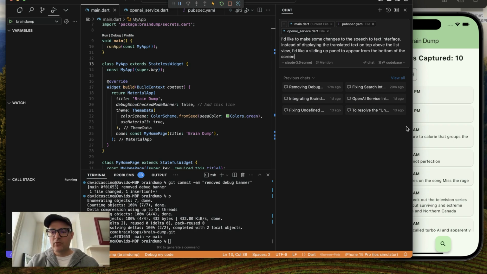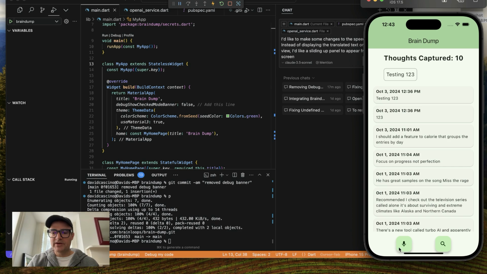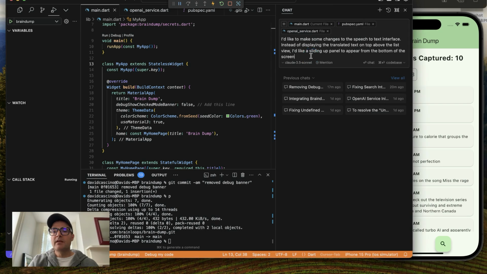Now placement is really important. I don't want the sliding up panel to cover up my buttons. So I want it to slide up just slightly above these buttons and maybe go halfway up the screen, for example. From the bottom of the screen